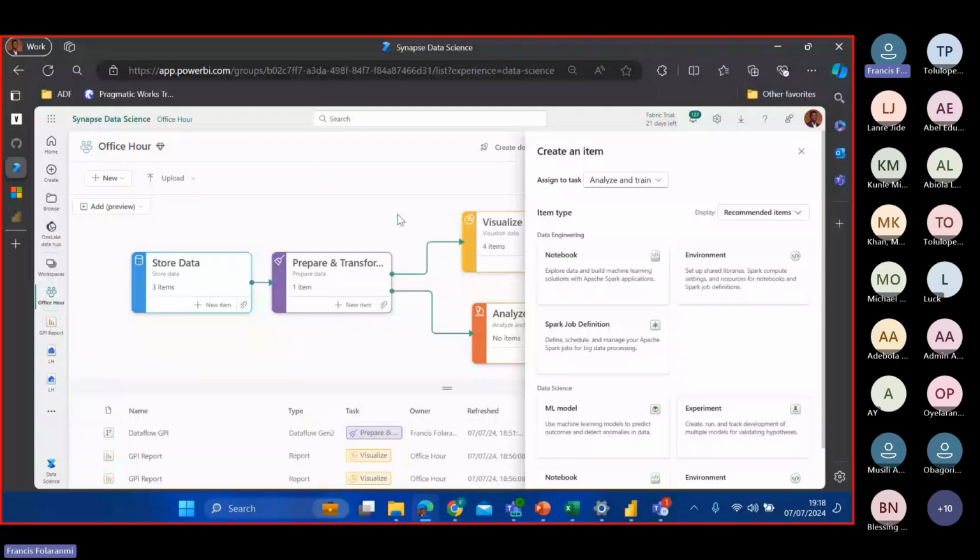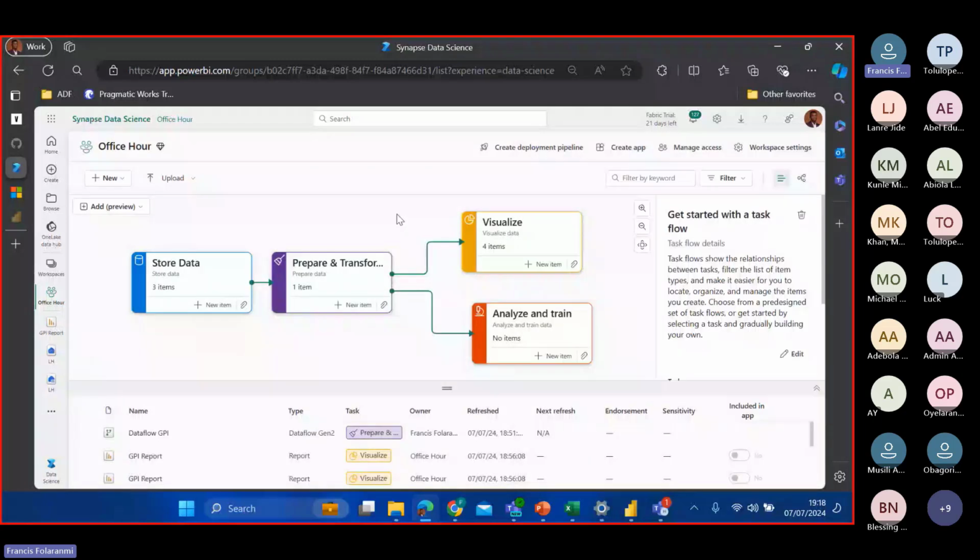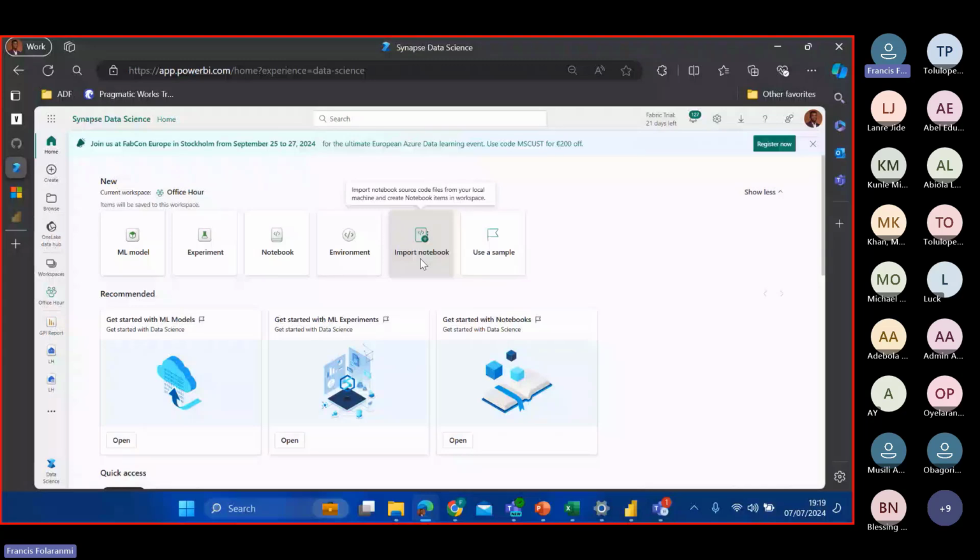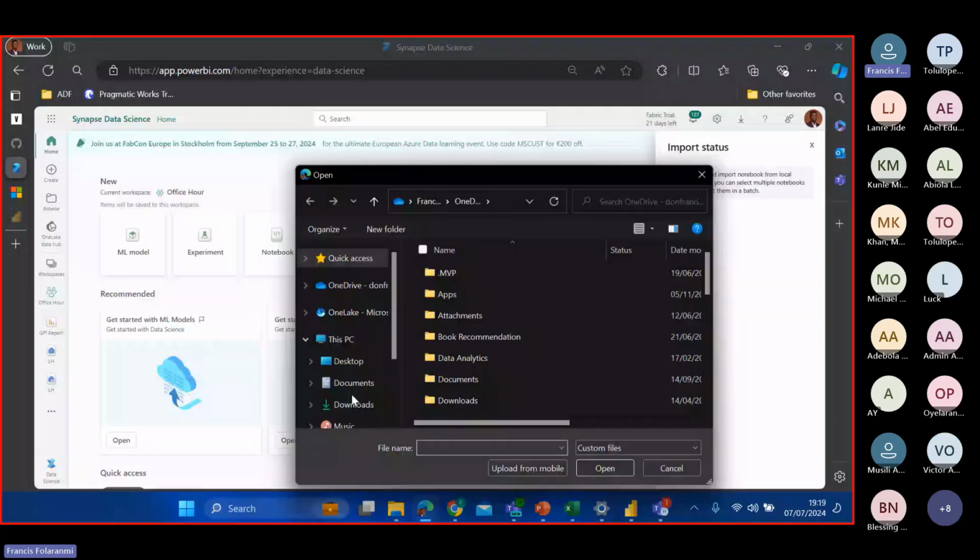Even though I'm not a data scientist, we are in the era of AI, so you can always get the help of AI to do what you have to do. I have those in my download folder: the ARIMA model and the Facebook Prophet model. The Facebook Prophet model was a sample model that I got from the Fabric environment. I just have to tweak it to suit my use case. If I click on it and then click open, that will upload the notebook for me. As that is going on, I can upload the second one also. It's not allowing me to do that, so I have to do this one by one.